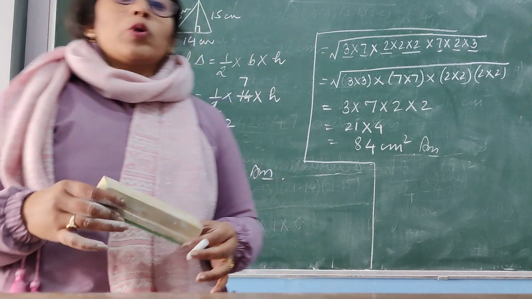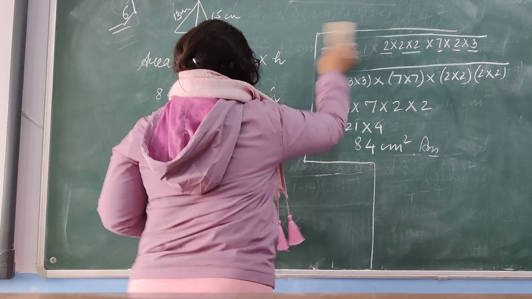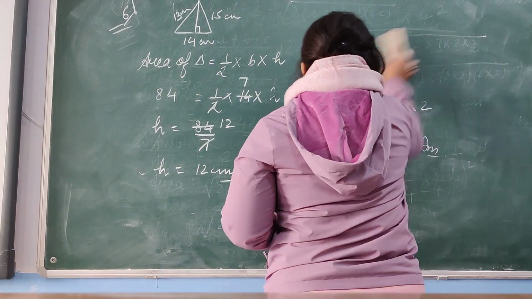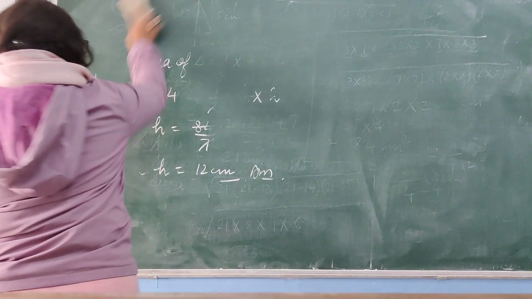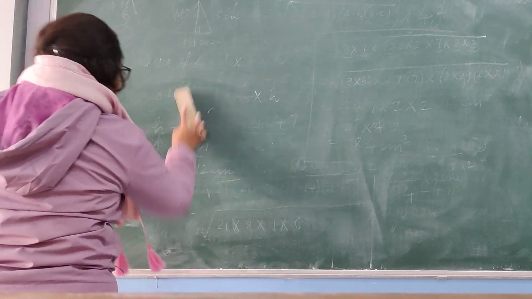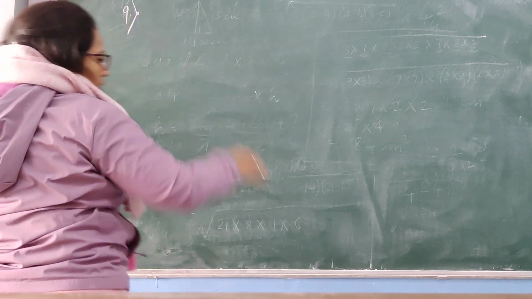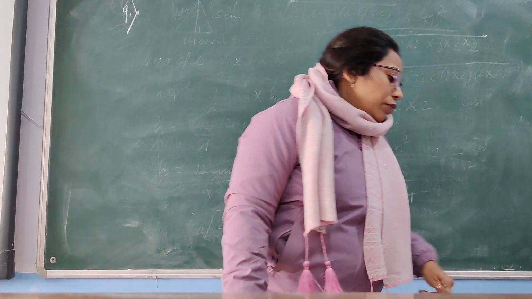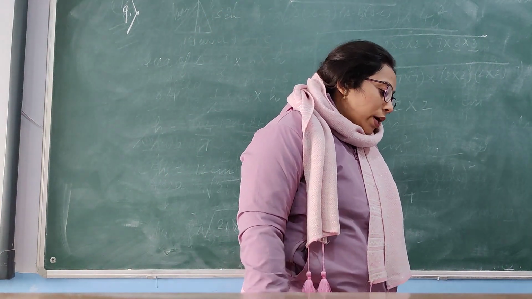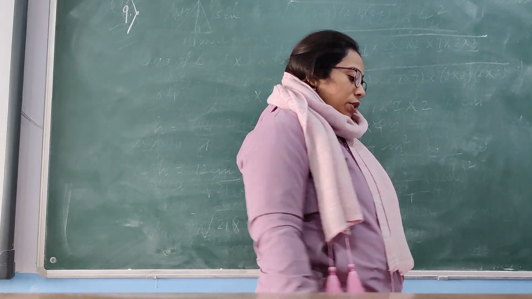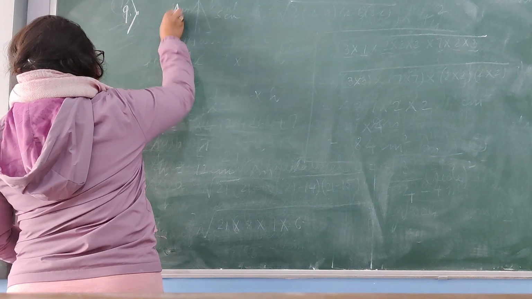I am going to take up question number 9 now. Okay, question number 9. If the area of an equilateral triangle is 36 root 3 centimeter square, find the length of its side and its perimeter. Okay, so the area of an equilateral triangle is given as,